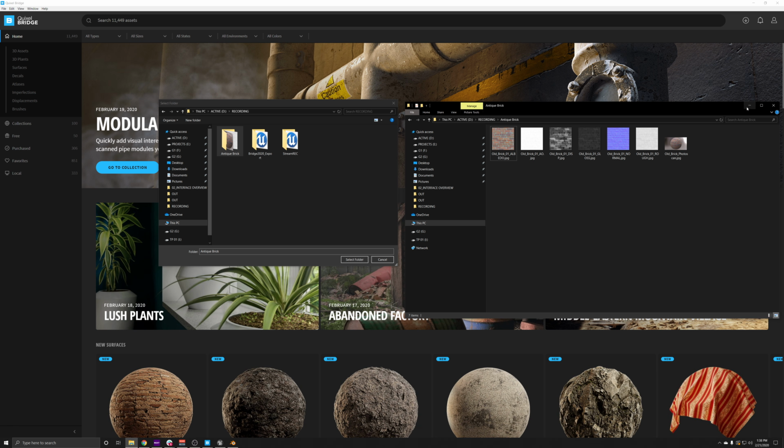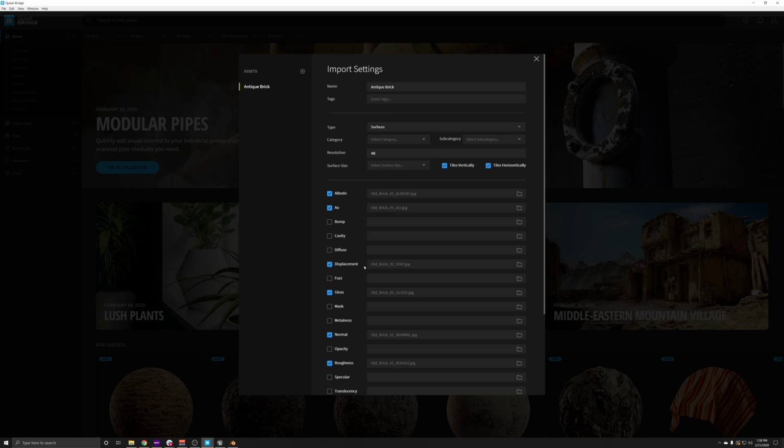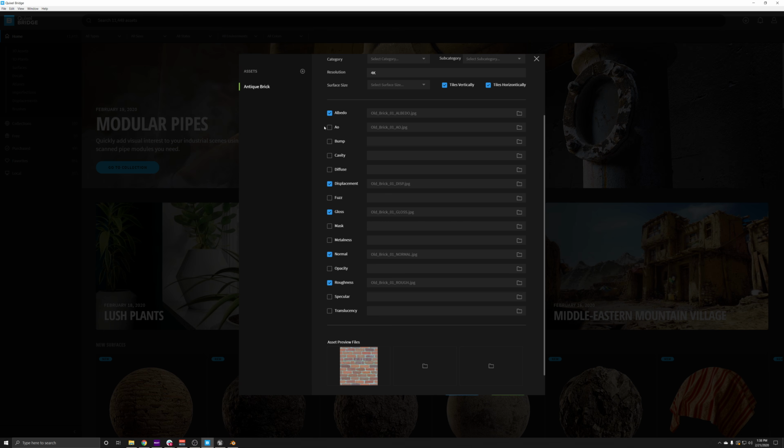Through this method, we can just select the folder only, because it'll only let you select the folder. So we'll click Select Folder. And you can see right here, it has actually filled in with the categories of all of the texture maps that it fits. It's even giving you a little preview window here at the very bottom. You can uncheck what you don't want or keep checking what you do want. So the beauty of this window is that you can customize your asset to be for Bridge. And let me scroll up here just a second.